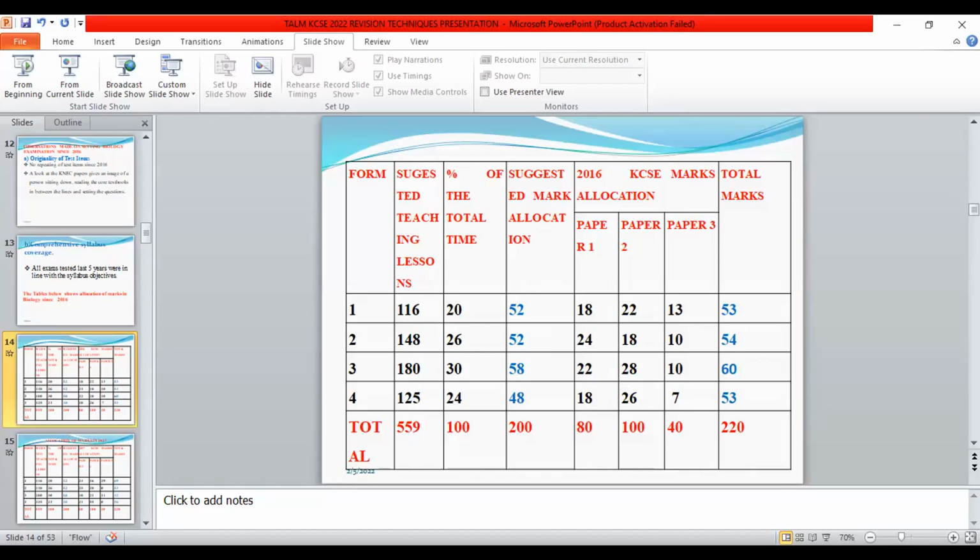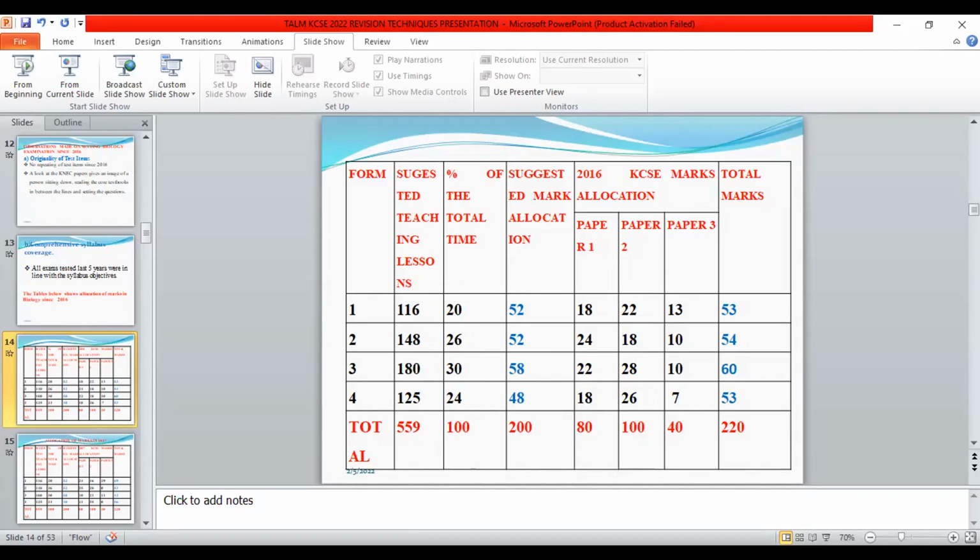Form 4 work, we had 53 marks instead of 48. So you can see we do not have a lot of variation, such that once, for example, the students have done biology paper 1, and you find that only 10 marks were set from biology paper 1 from Form 1 work. Those students previously couldn't be able to predict that in biology paper 2, we are likely to have around 40 marks or so, even paper 2 and paper 3 are sharing now the rest, 42 marks.